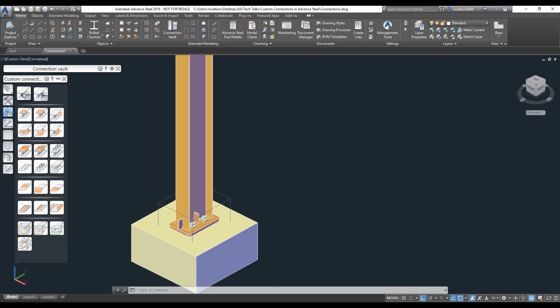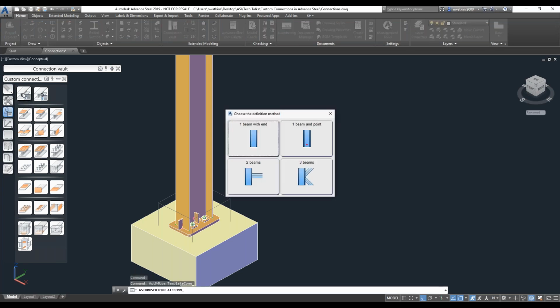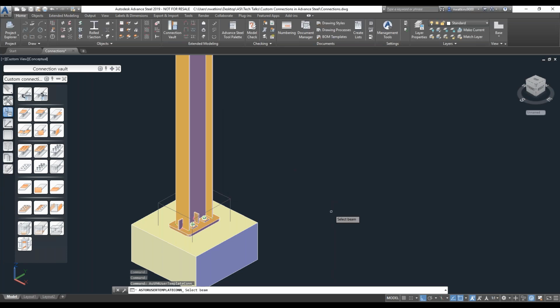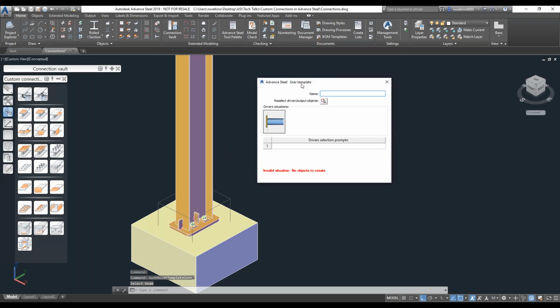So if I want to create a custom connection, I can just click on this, and at that point it will pop up and ask me to choose the definition method that I want. Well, I want this one, beam with end. So I'll click on that. At this point, it will ask me to select the beam that I want to use. I'll click on that beam,